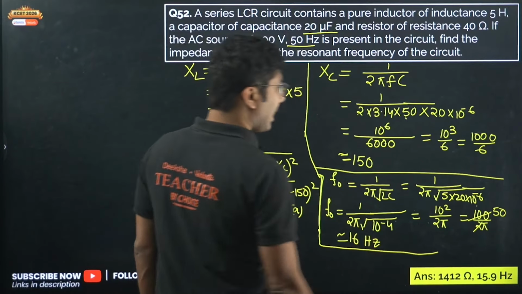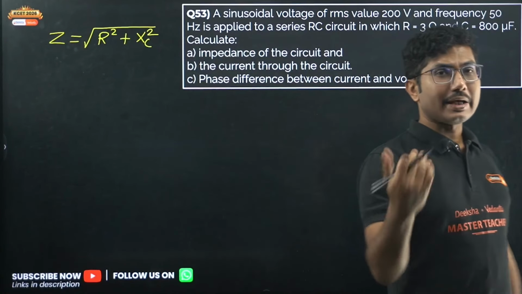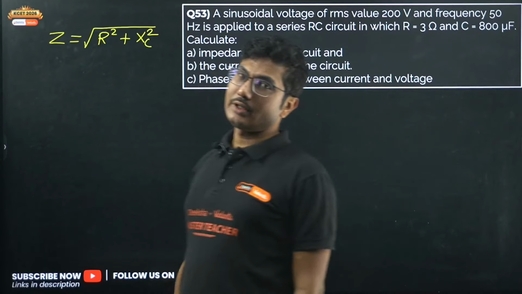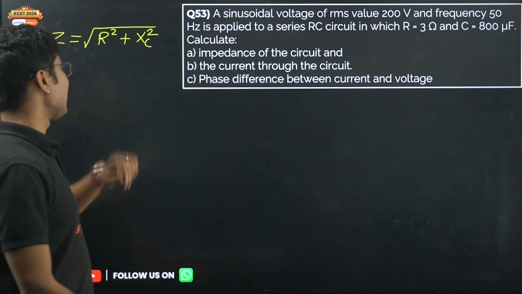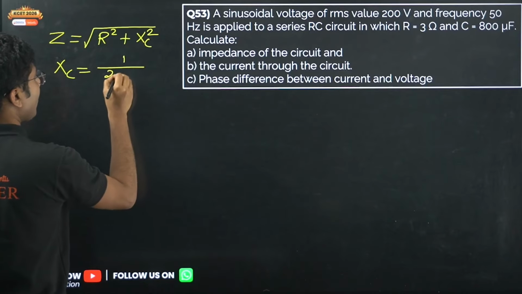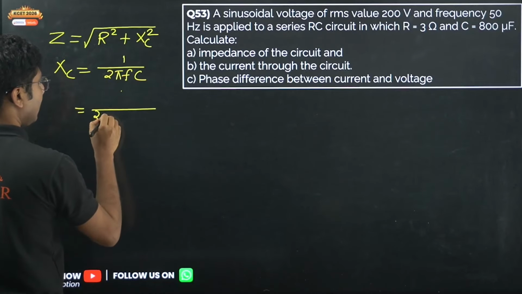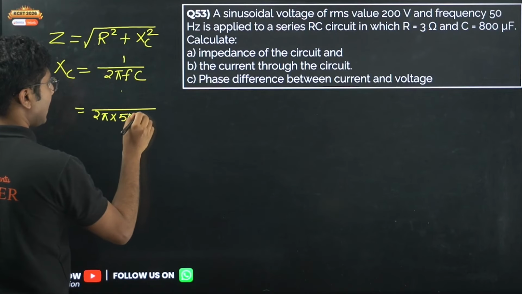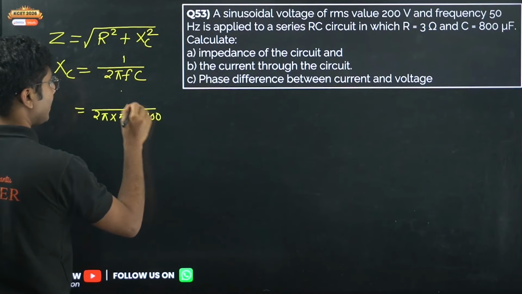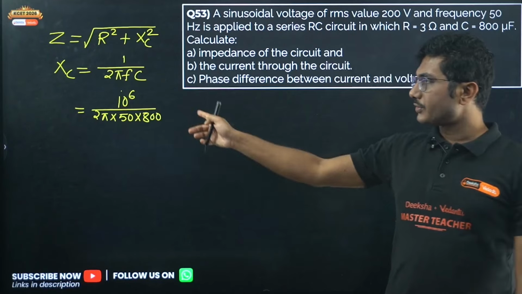Normally we have XL minus XC, but here it is only an RC circuit, so L is not there, only R square plus XC square is sufficient. Okay, XL is missing, so you can simply use the value of XL to be 0 and you can calculate the impedance. So obviously the first stage is to calculate XC. XC is 1 by 2 pi F into C. Now 2 pi into F, F is 50 hertz and C is 800 microfarad. So microfarad, I generally tend to write it like this. Microfarad, 10 to the power of 6 goes up.